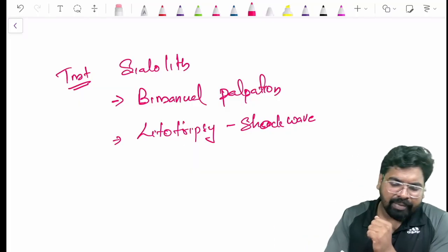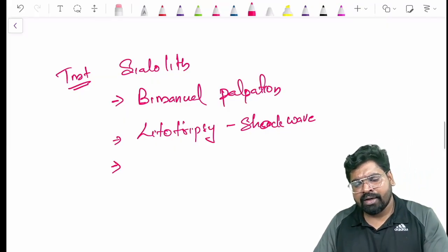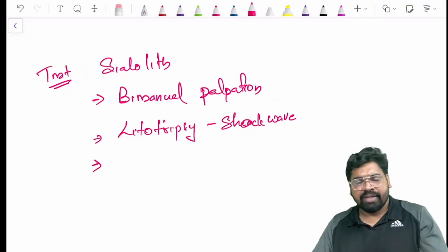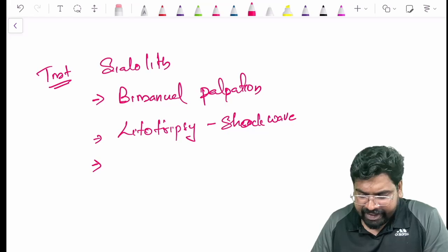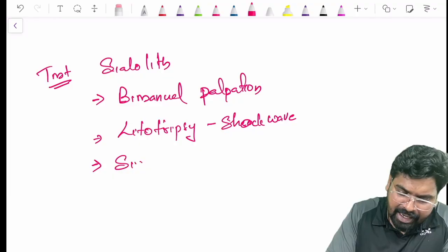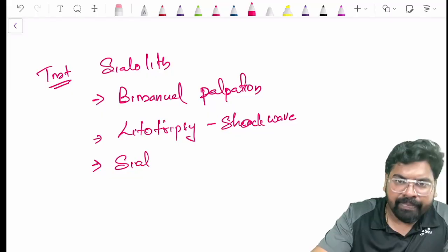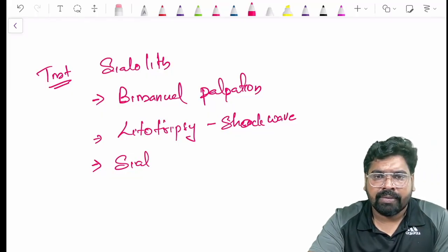That is one thing. But in one of the AIIMS INICET questions, there was a question about this sialolith, that there is a technique called